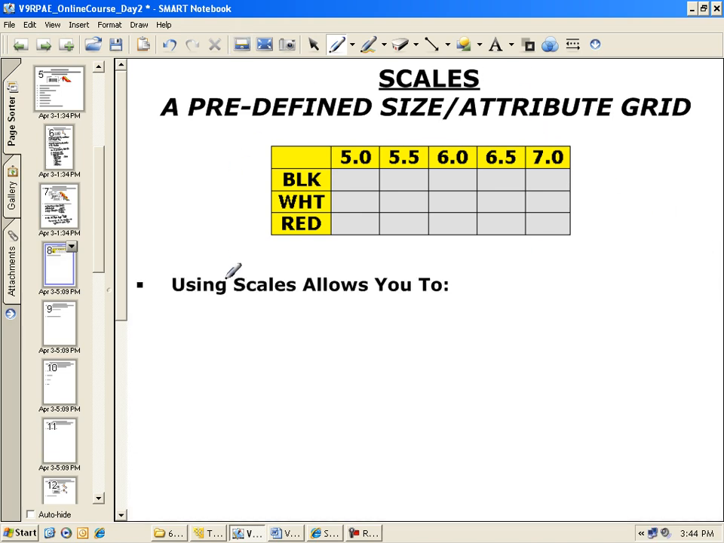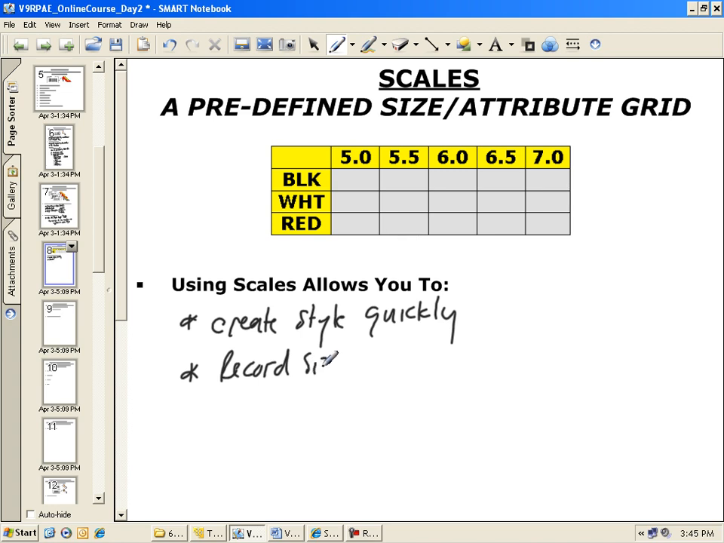Now those who use scales tend to use it to create a style more quickly. Okay, and write this down. Create a style quickly. Because as you know, when you're creating a style, you have to define the sizes and colors. So if you use a scale, the scale will define the sizes and colors for you automatically, saving you time. Now, another advantage is that you're able to record sizes and attributes more consistently,